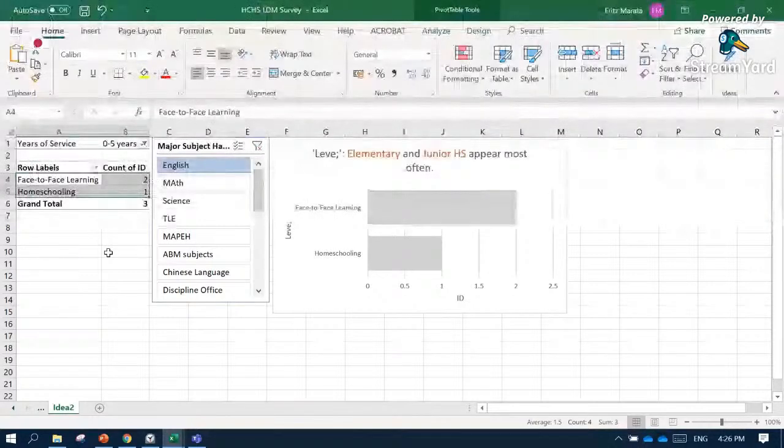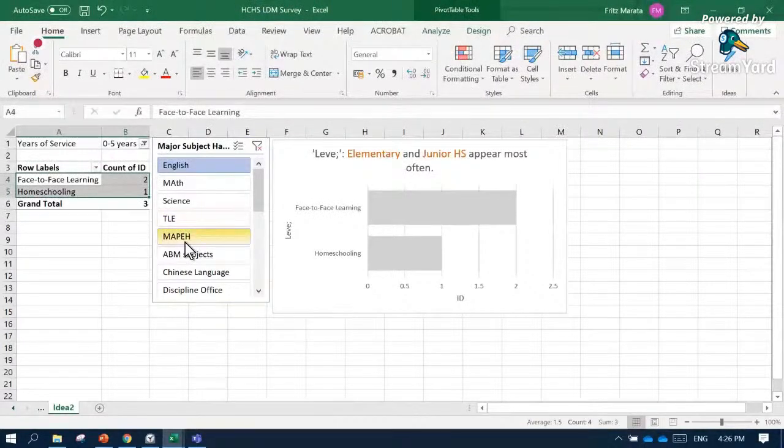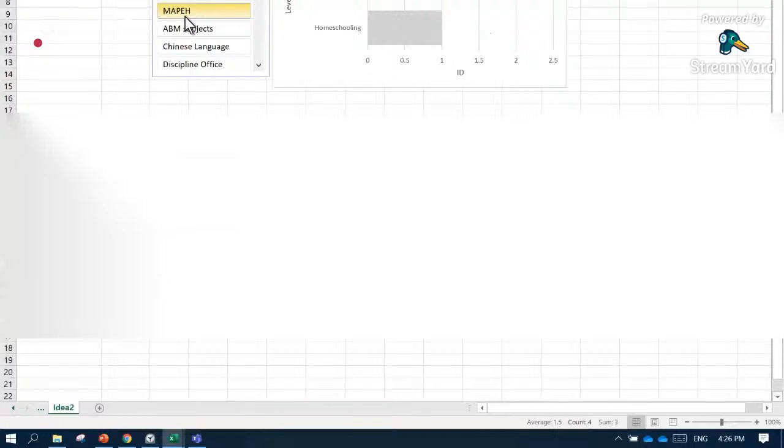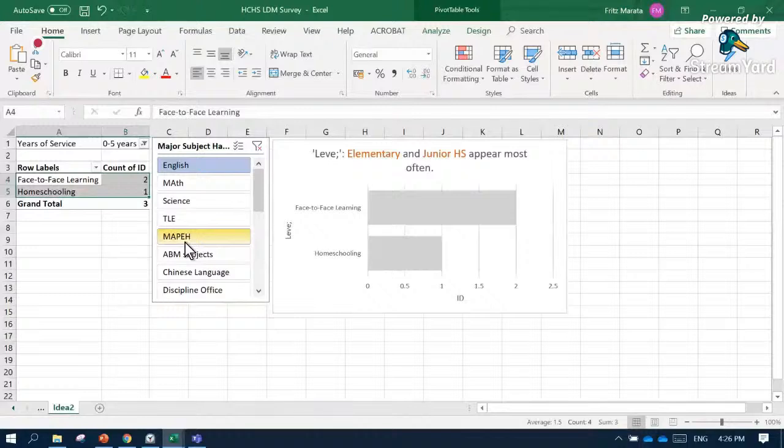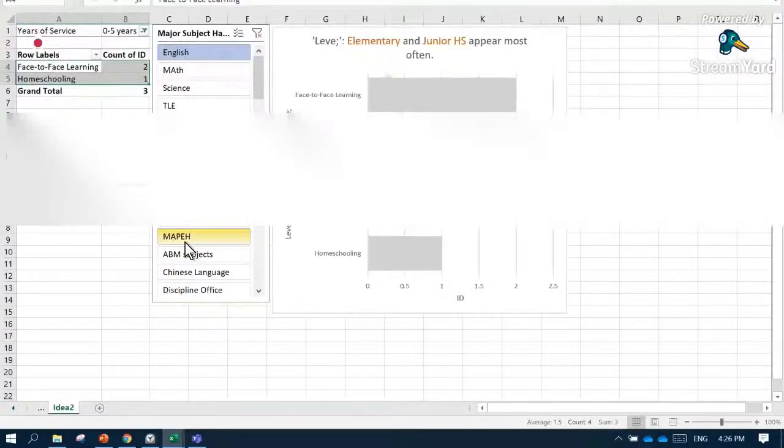Okay, isn't it amazing? Can I have a yes, yes, yes? Have we used complex or complicated formulas here in analyzing the data? None?